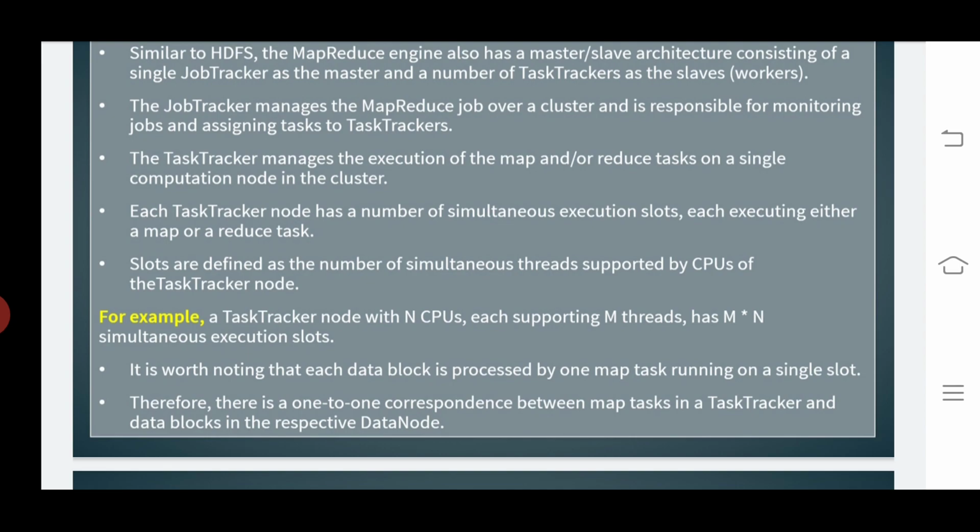It is worth noting that each data block is processed by one map task running on a single slot.